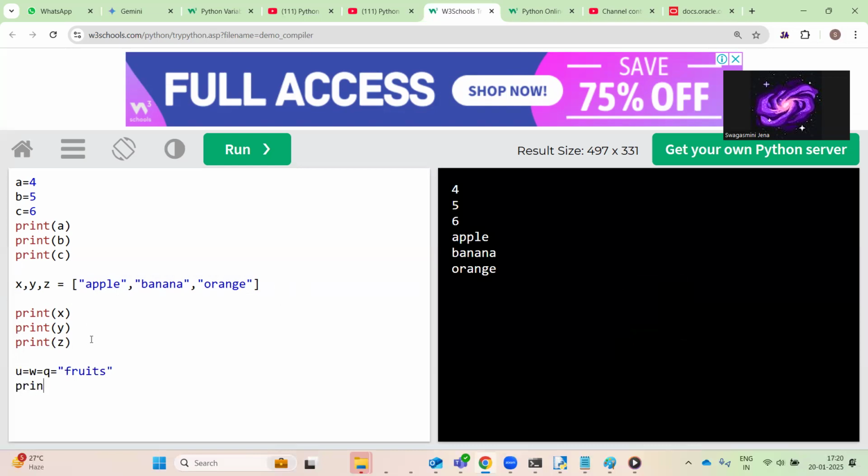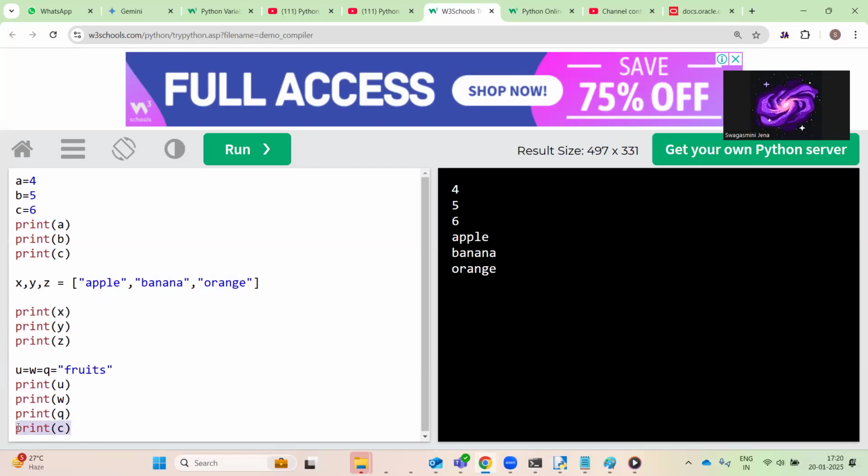Now I want to print u, print w and print q. Suppose all the values are the same and I want to initialize them in a single line, then I can do it like u is equal to w is equal to q is equal to the value.